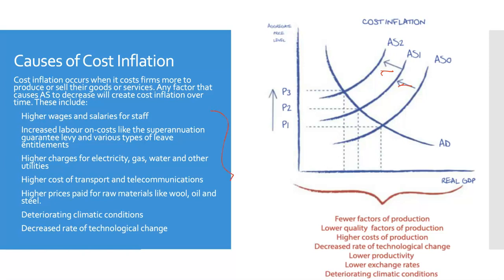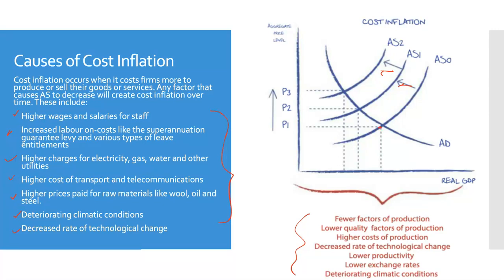There can be a number of factors like higher wages and salaries for staff, increased labour on-costs like superannuation and levies and all those sorts of things, higher charges for inputs like electricity, gas, water, for example, higher costs of transport, higher prices for raw materials, deteriorating climatic conditions or decreased technology changes, lots of them, including a few others here. All of these things will result in a shift in the supply curve to the left,